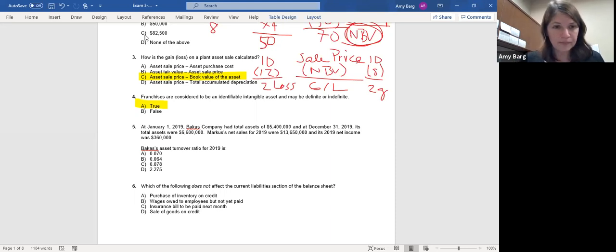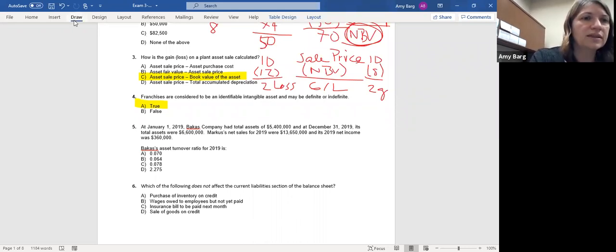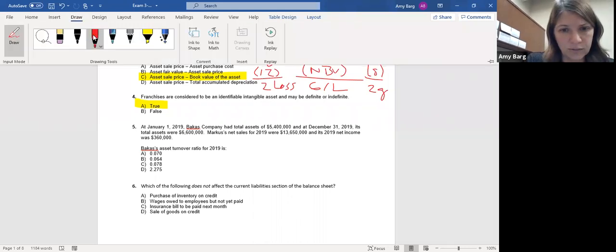Number 5, at January 1st, 2019, Bacchus Company had total assets of $5.4 million, and at December 31st, its total assets were $6.6 million. Their net sales were $13.65 million, and its 2019 net income was $360,000. It wants the asset turnover ratio. So the asset turnover ratio,